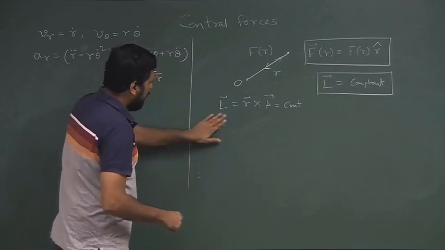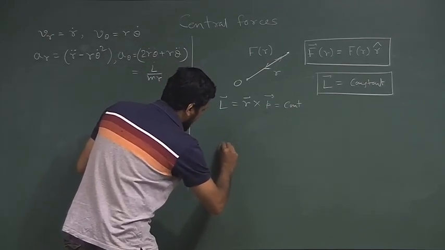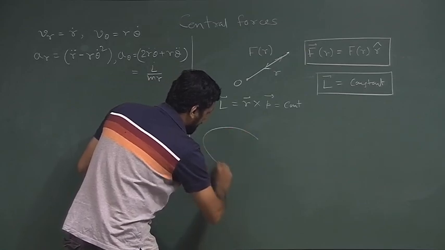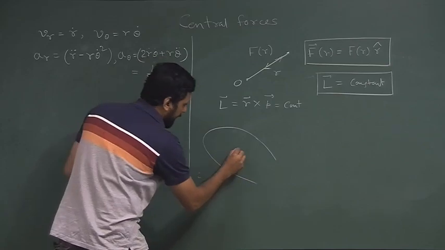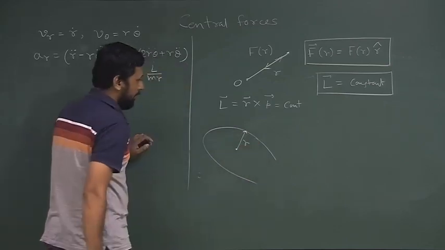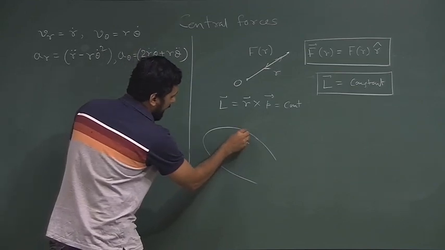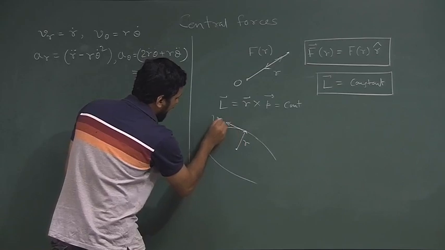Now, let us assume this situation. It is some locus of the particle. So, this is your r, and at any given moment the velocity vector is pointing towards the tangent